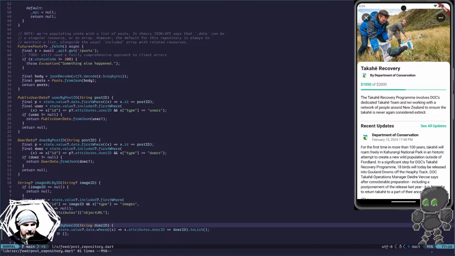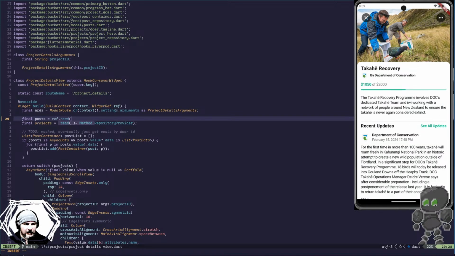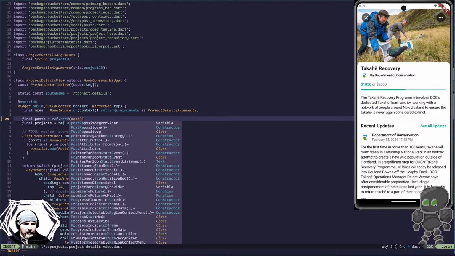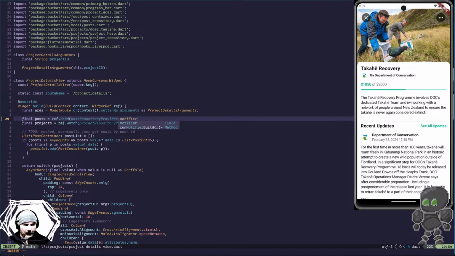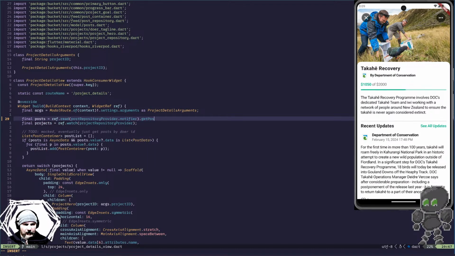So we need ref read post repository provider notifier, get posts by doer. No, actually just posts by doer ID, right? Yeah, there we go. And the doer ID is